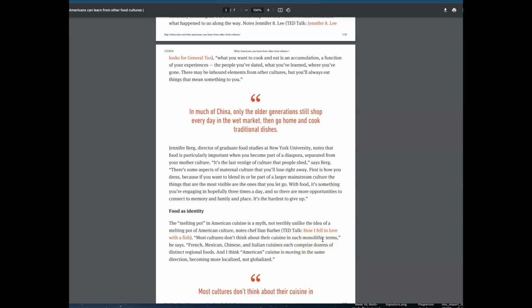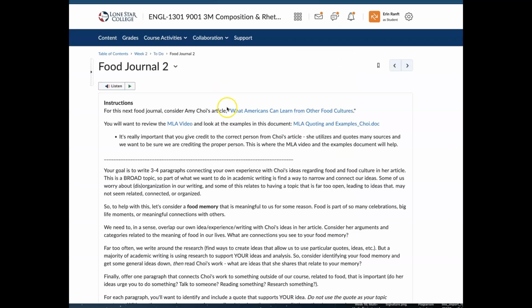We need to make sure that we're providing context for the quotes that we choose, and then crediting Barber for these words, but also noting that this appears in Choi's article. So this is what MLA calls an indirect source. This will all make a lot more sense if you take a look at the examples and the video.